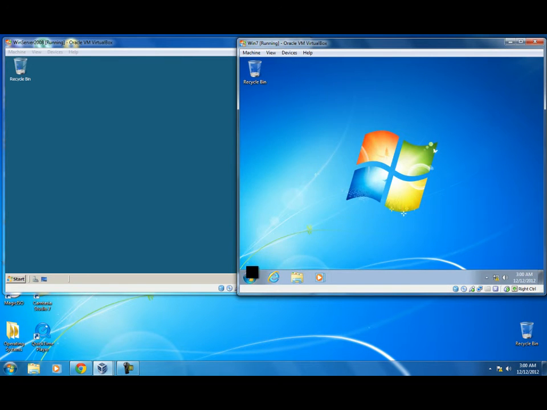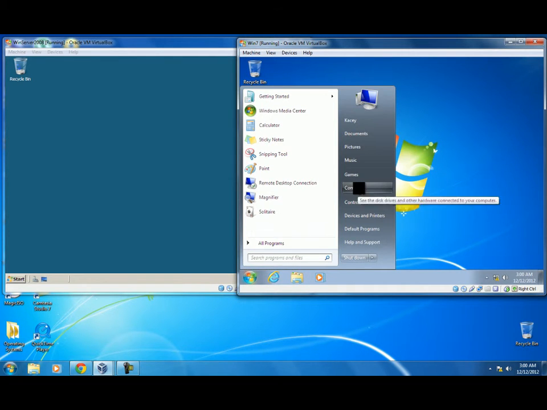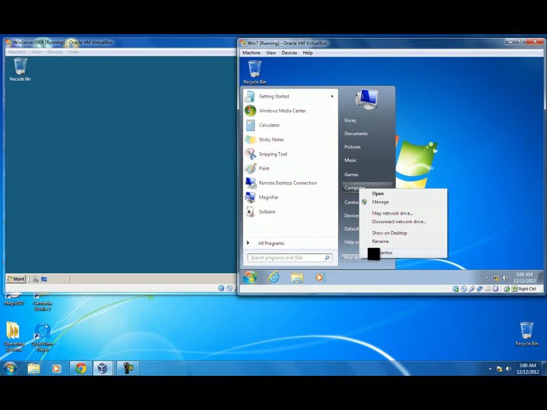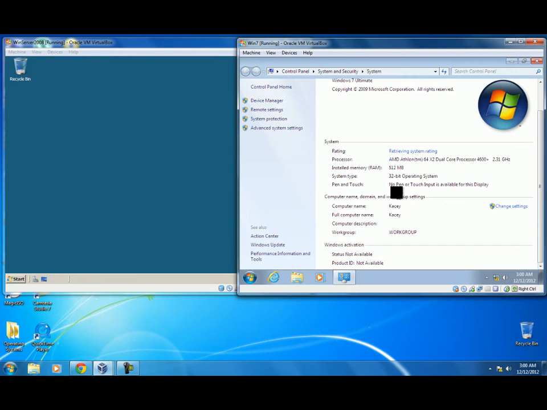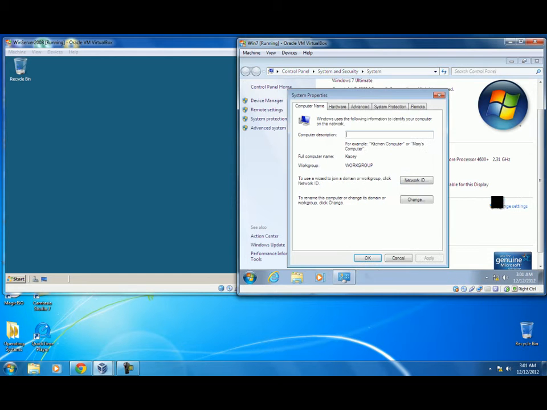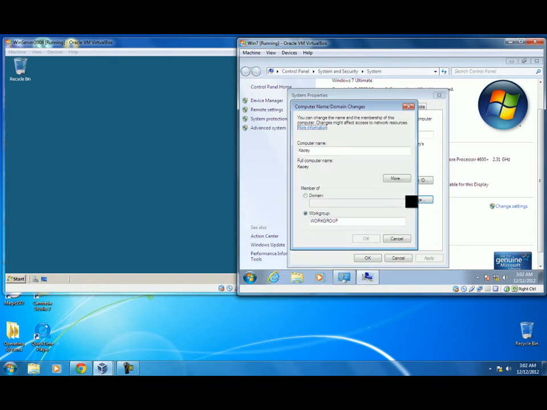So to do that, we will go to Start, right click on My Computer, Properties, then we'll go down to Change settings, and then we'll go to Change, and then we will choose domain and type in the domain name, which is